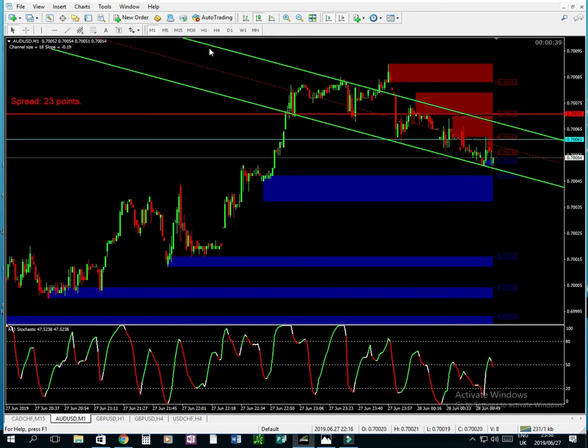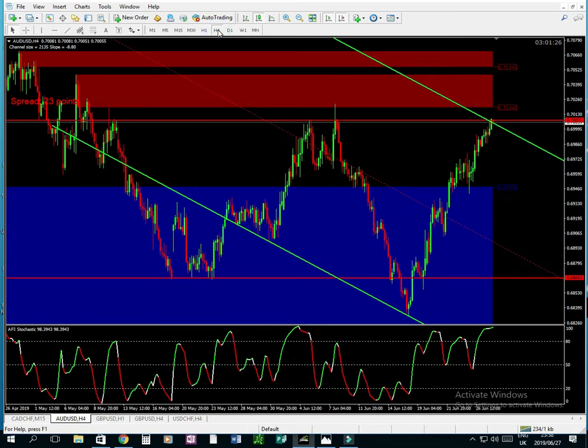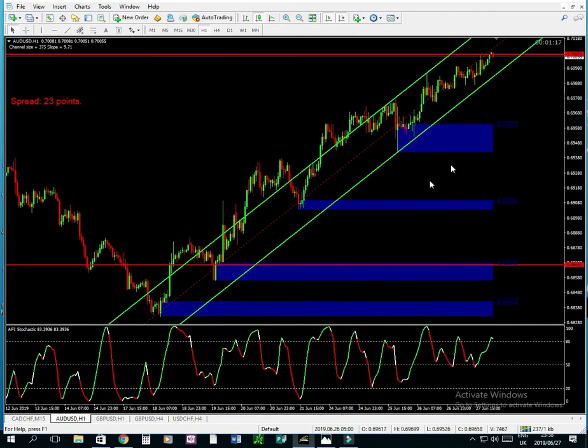So for the sake of this video, I'm just going to go back to the daily chart and reanalyze and see what's happening. So fine, we're at a resistance where we can sell. Moving over to 4 hours, we're at a resistance, the stochastic is good for a sell, but we have to actually wait for it. Going to 1 hour, the market is selling, the stochastic is selling, so we can actually sell the market now, but we want to wait for 1 minute and 5 minutes to present us a